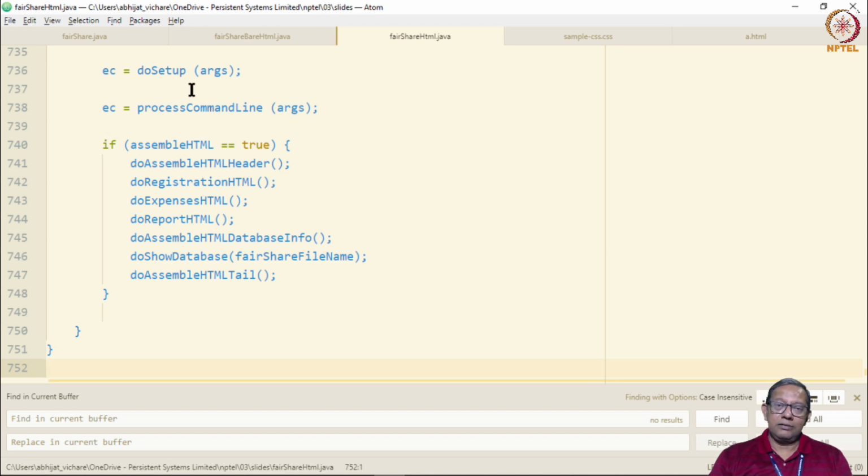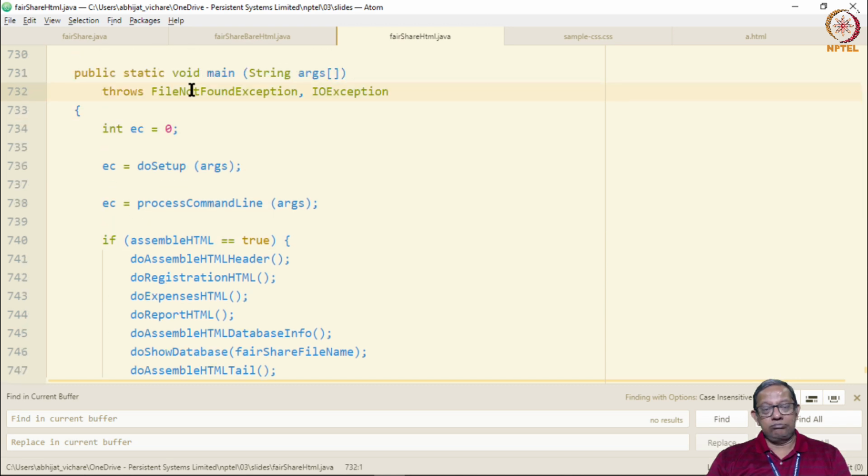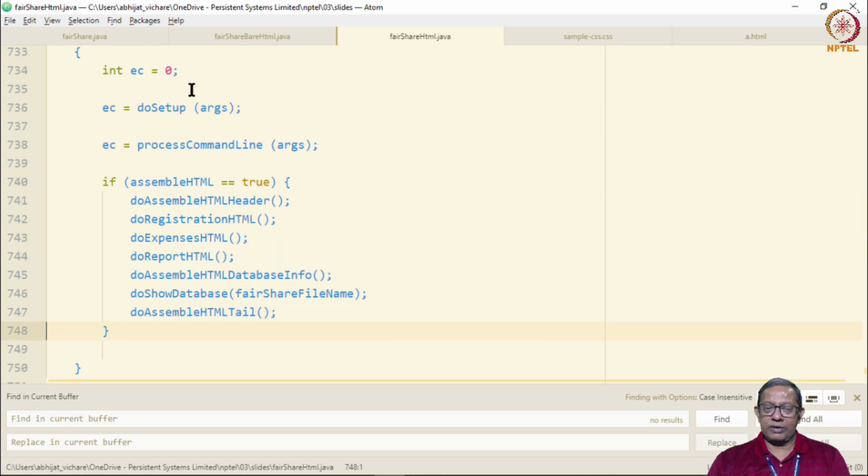Here is the structure of the code that produces a cascading style sheet. For a start, again it starts with main and actually has the same set of functions as the bare HTML program.